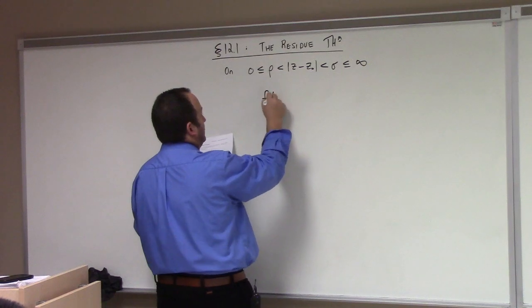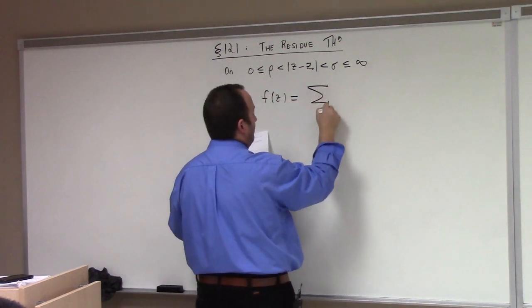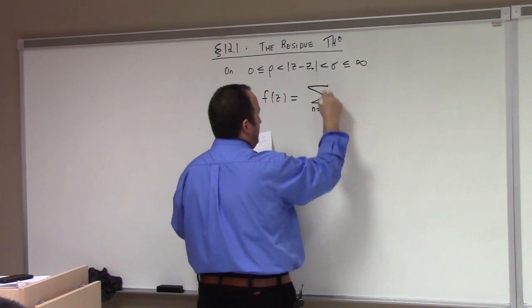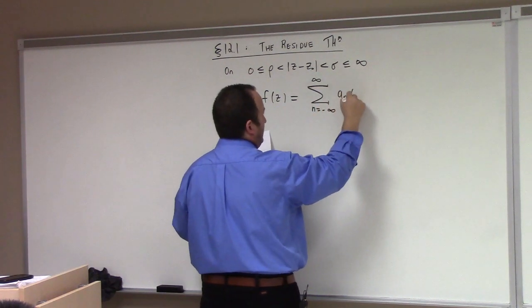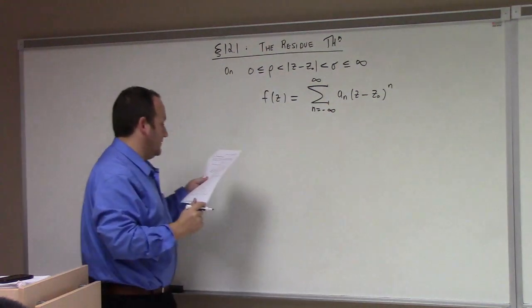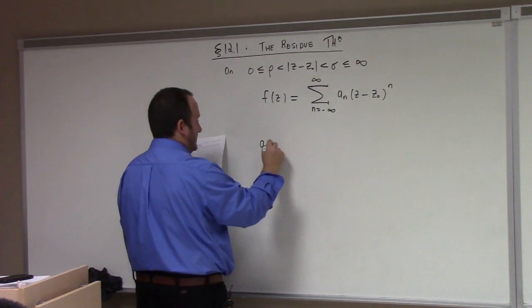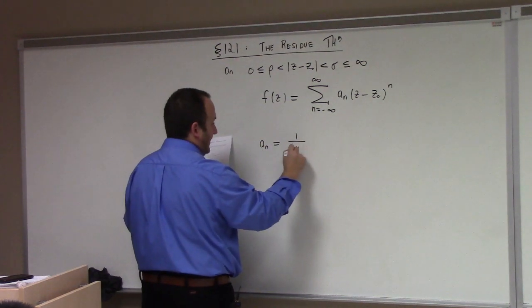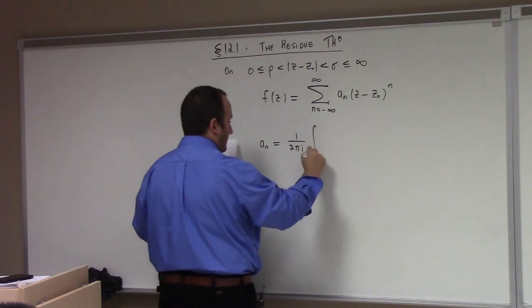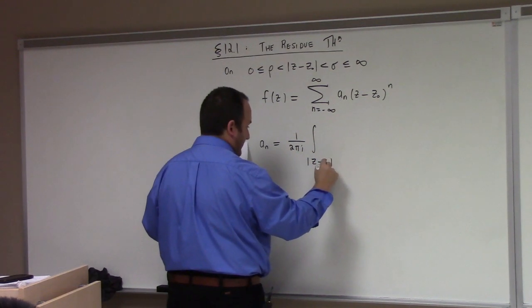And so that looks like the sum n equals minus infinity to infinity of a sub n times z minus z naught to the n, right? And we also have previously learned that a sub n is equal to 1 over 2 pi i, the integral over z minus z naught,